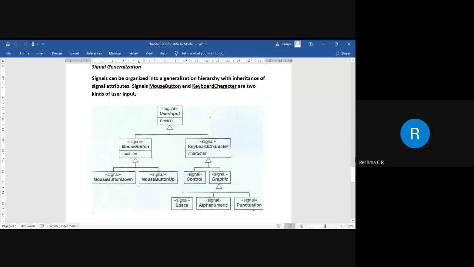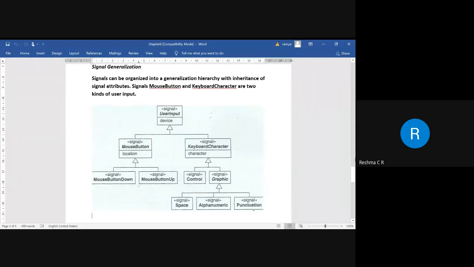That is the reason the user input is taken as a signal class depending upon a device. The device can be a keyboard, a mouse, or a barcode reader. That has not been included here, but since the barcode reader is one of the inputs, it also can be specified.